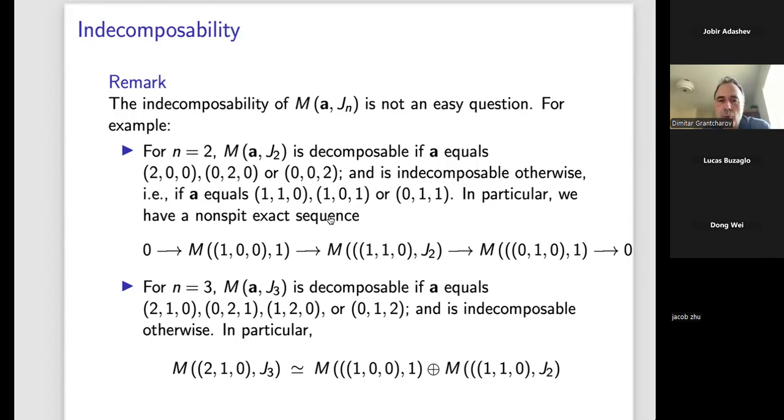And one may think, oh, then probably only the scalar type are decomposable. For n equals 3, you can see, like if we have 2 of degree 0, 1 of degree 1, this is decomposable. So it's kind of an interesting case on its own,